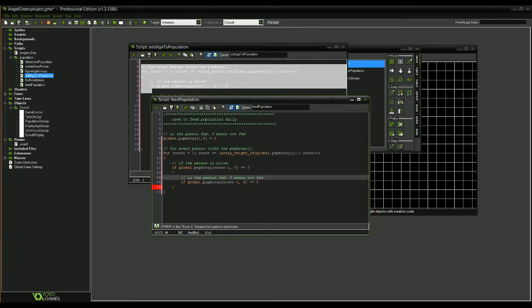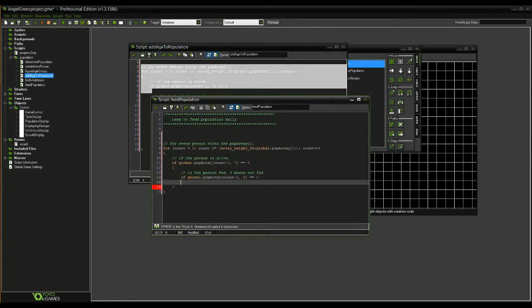If they are not fed, feed person. They are not fed, this is now equal to 1. Right, and then global dot food minus equal